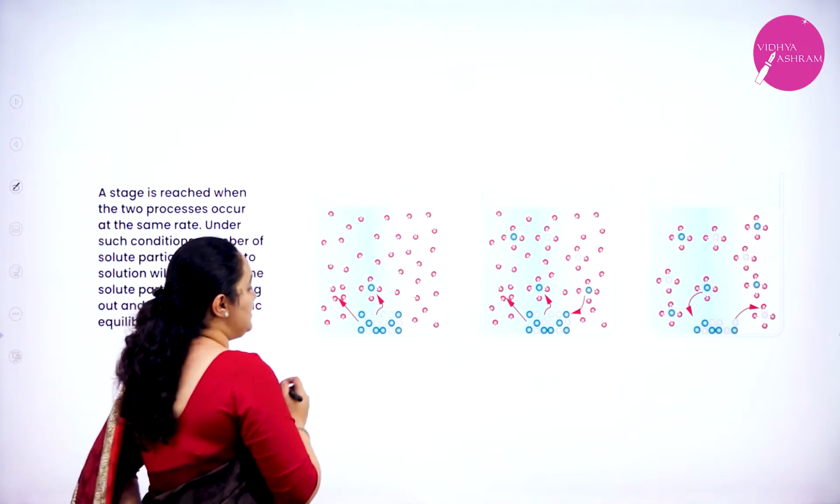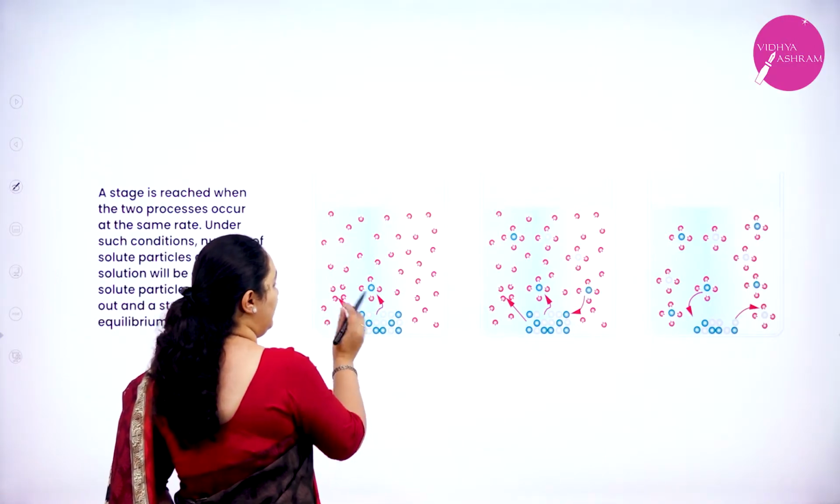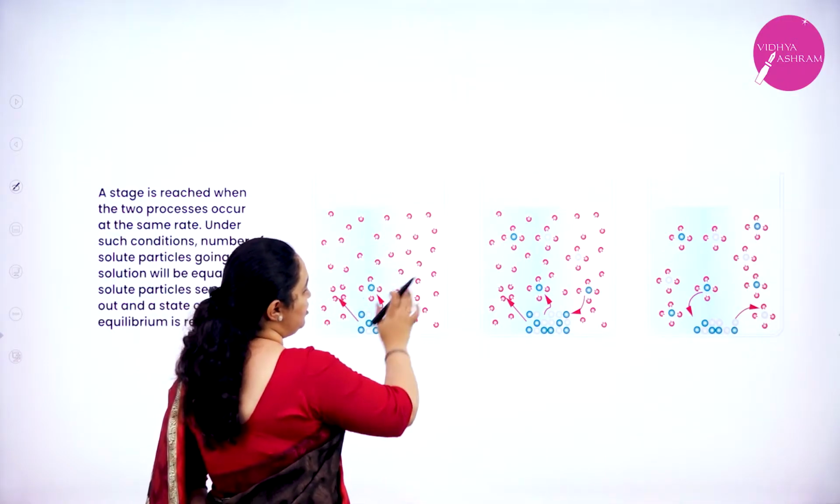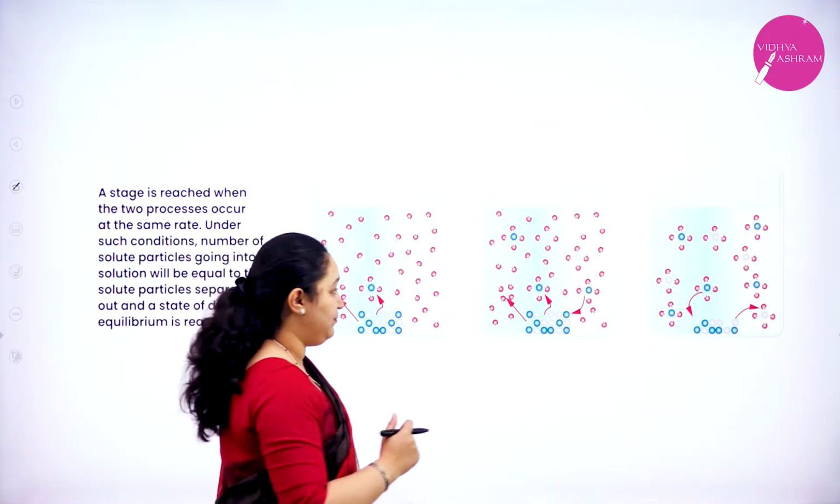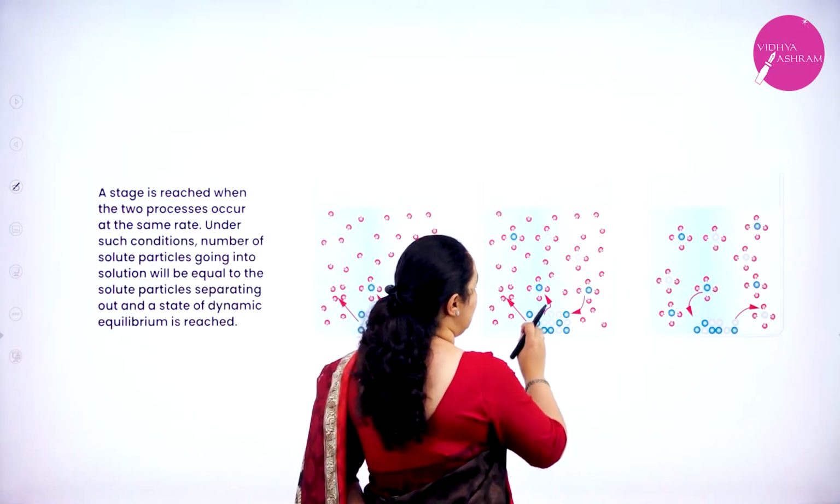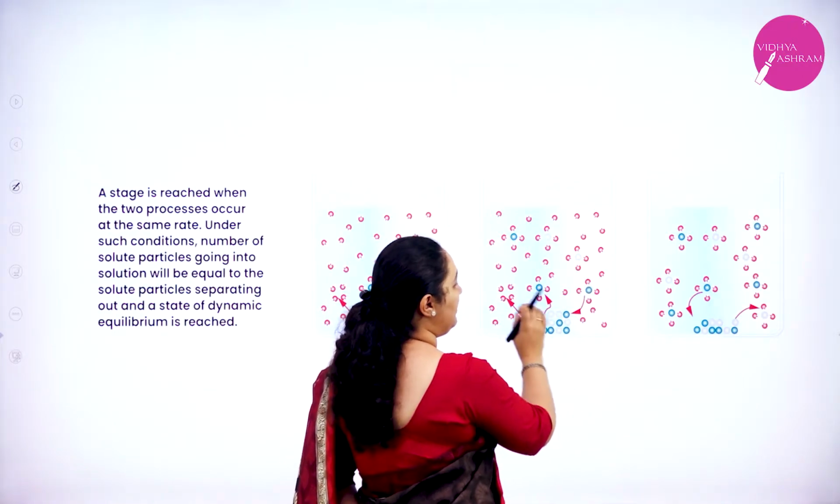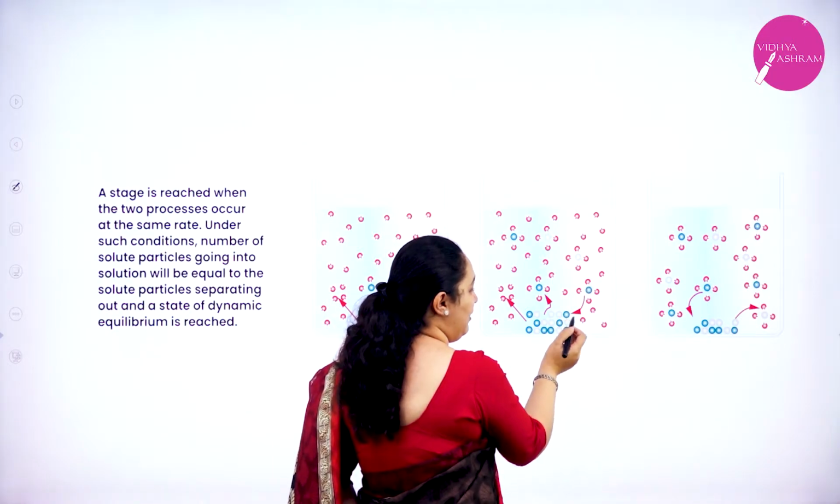See here, first initially what happens, you've added the solute particles, and they are going into the solution. The solute particles are going into the solution, or they are dissolving. That process is called dissolution. Here also you can see some of the solute particles are still going into the solution. Now the solute particles in the solution keep increasing and some of them are coming back to form